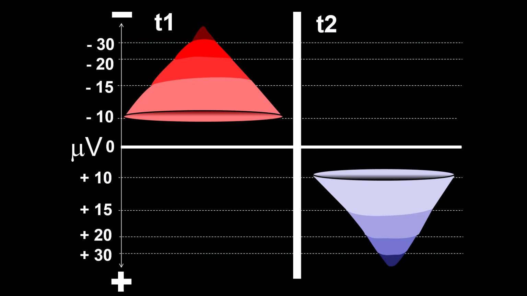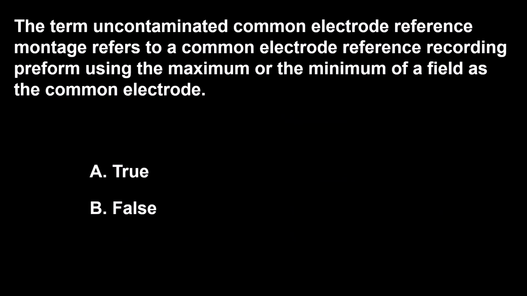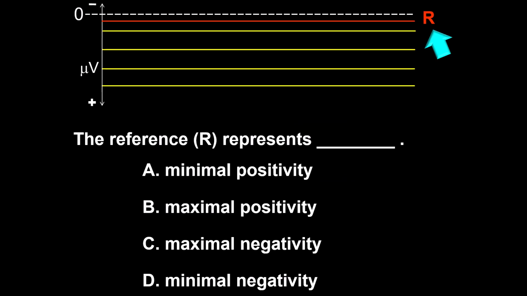In any of the previously described situations, all the potentials will either be more than the minimum or less than the maxima, and all the waves created by these potentials will be expressed in the same direction, or they will be neutral. So the answer to this question is true. Next question. In this voltage graph, the reference represents A, the minimum positivity, B, maximal positivity, C, maximal negativity, D,